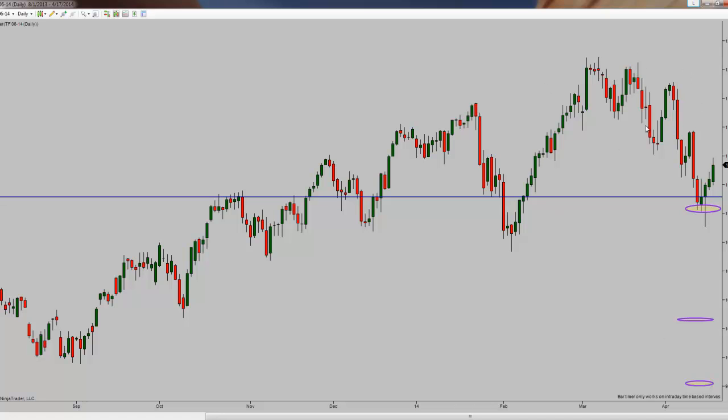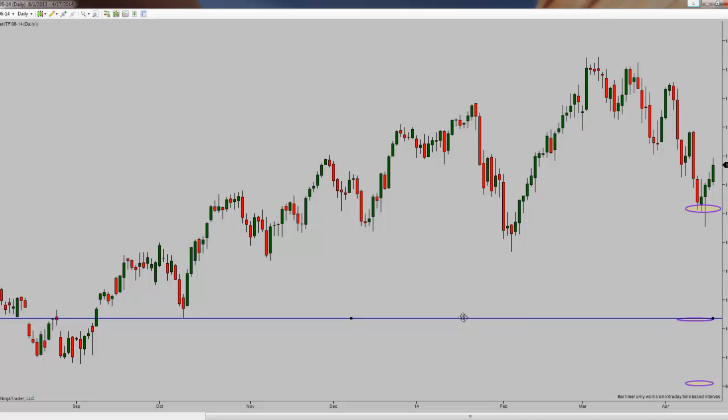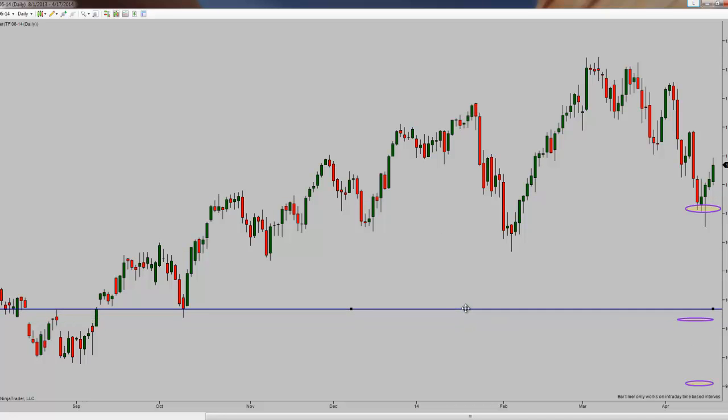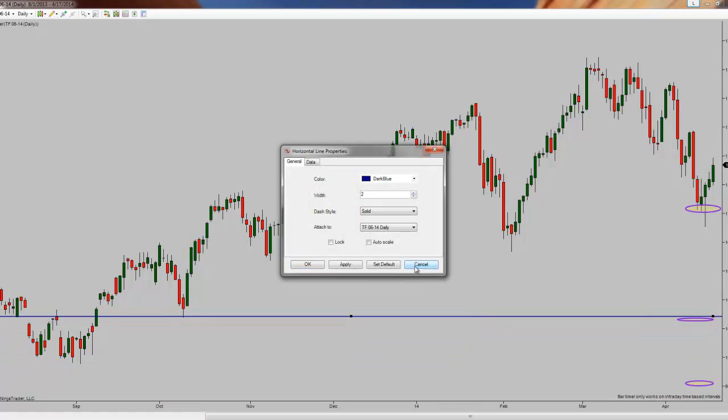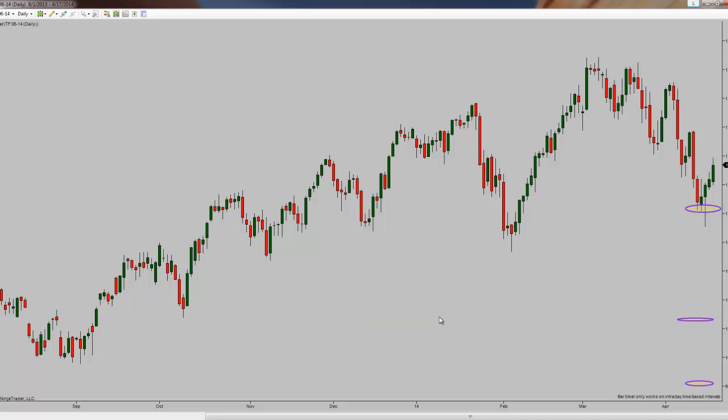All right, so that's just the way it measures out technically, and you can see where those were magnetic zones in the past, and so zones in the past tend to come back into play in the future. They tend to get retested. So that's what I see in the charts, and what I'm going to do with this information,